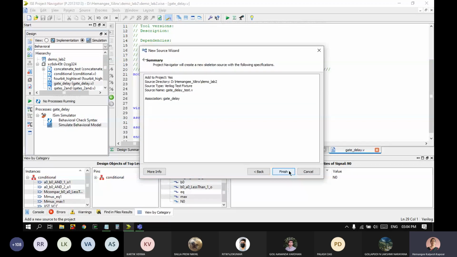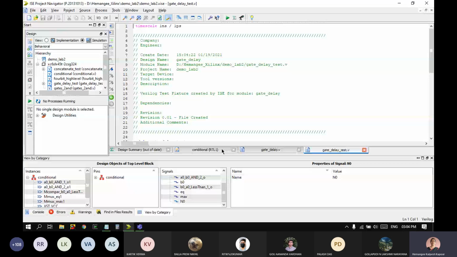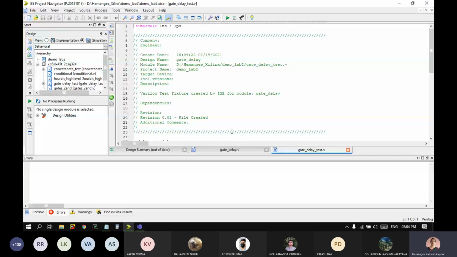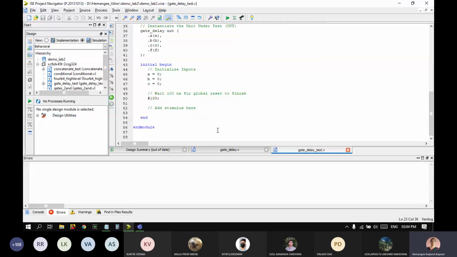Okay, so A, B, C are the inputs, and I will wait for 10 nanoseconds and give another set of inputs, A equal to 1, so that the output changes, because it's a 3-input AND and I want to check what happens. So here you can see the first AND gate is going to function and the second will take some time, because the second's output remains 0, but the first AND gate's output will become 1.